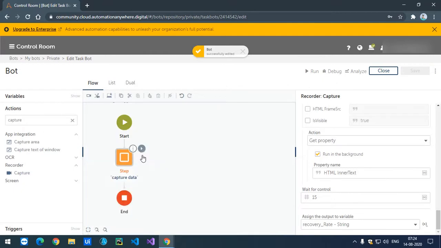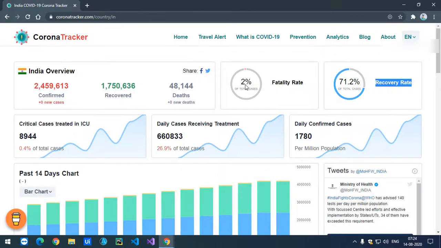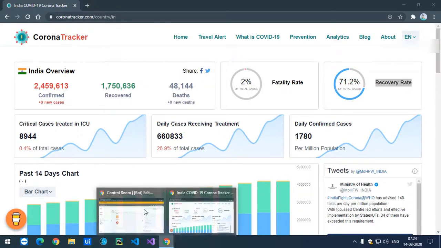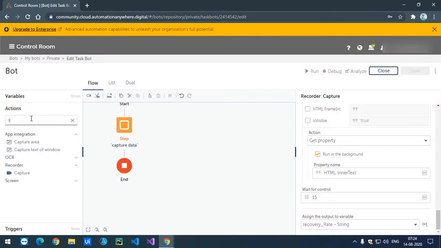The second thing is we need to extract that percentage. I just want the percentage from both the fatality rate and recovery rate variables. So I'll use the string option.